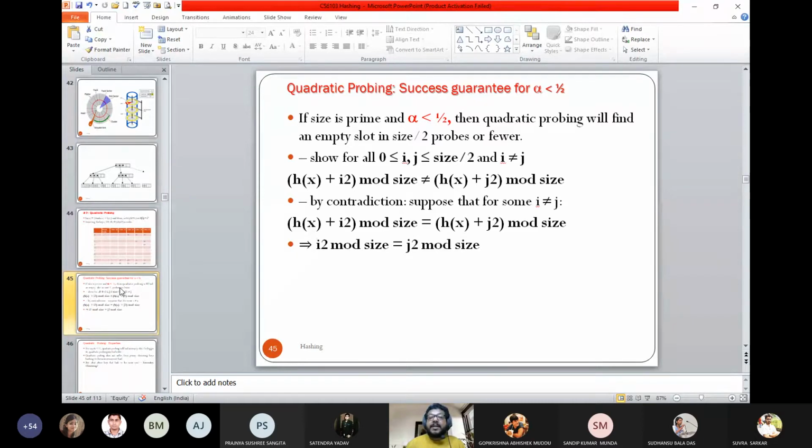Here, let us take the example of a hash function h of x, with i square mod the table size; this is not equal to j square, you call it i square if you use the quadratic function, or j square. So this is another approach where we are going to experience that it will land in the same problem. If you are using quadratic probing, this shows how the success is affected. And this is actually a mistake; this is actually a square.